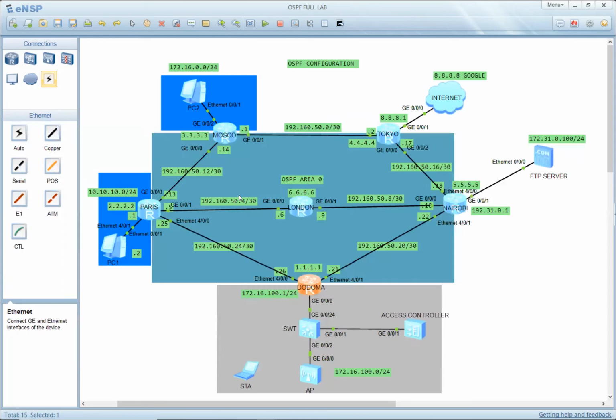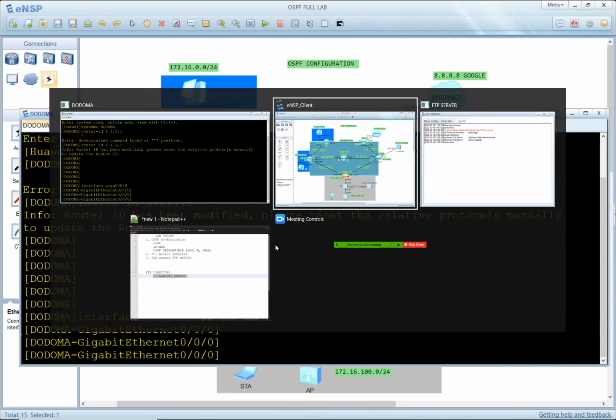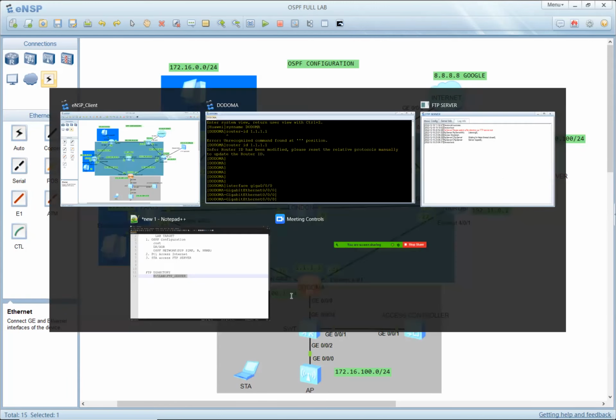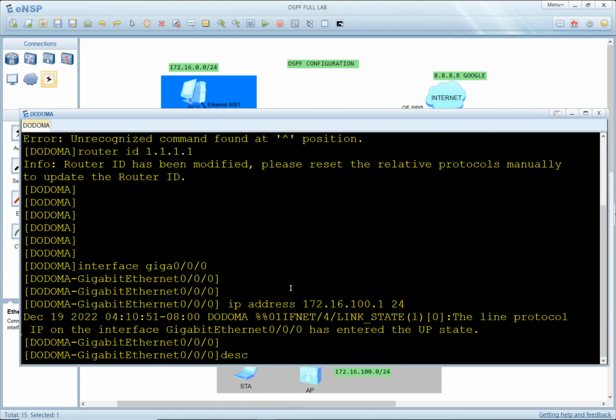After that, we are going straight to assign IP addresses on the interfaces. Starting with the interface facing the network, the switch one. So it's interface GigabitEthernet 0/0/0, and the IP address will be 172.16.100.124. And the description is a link